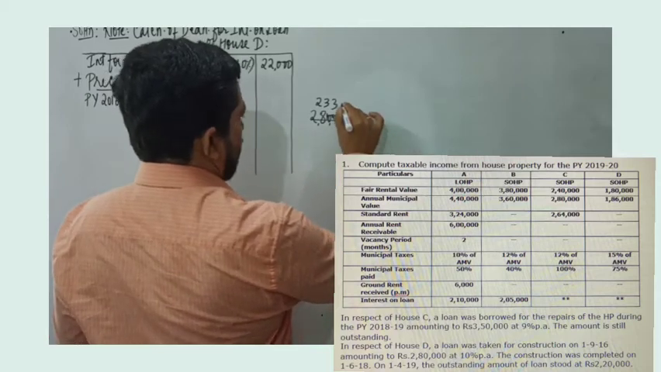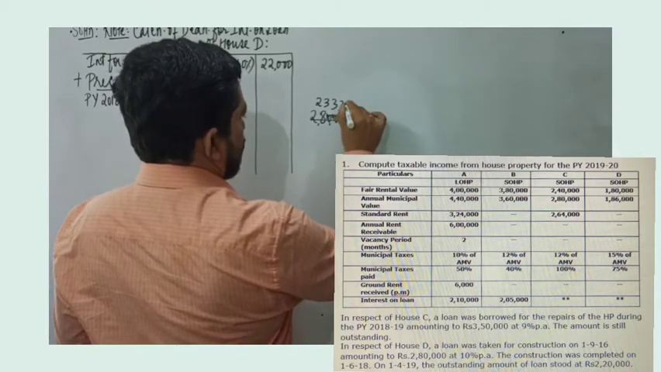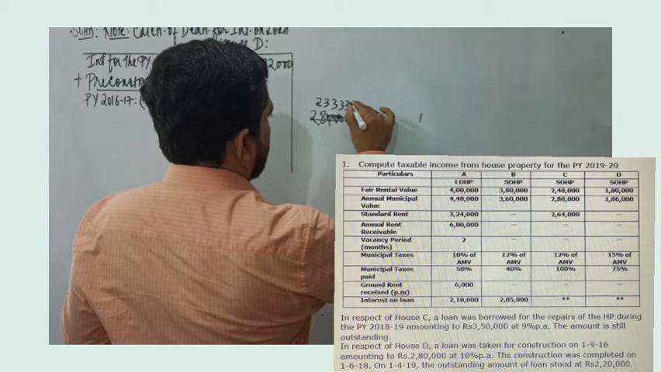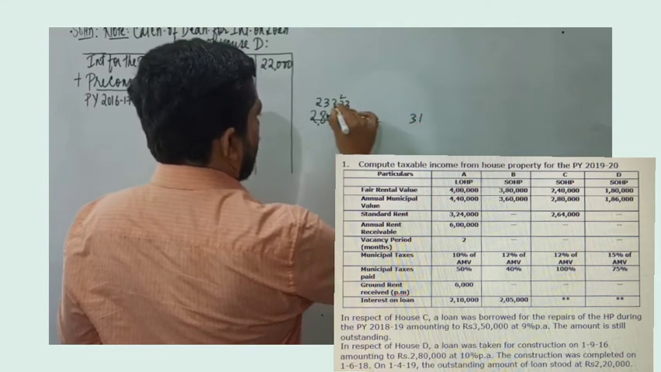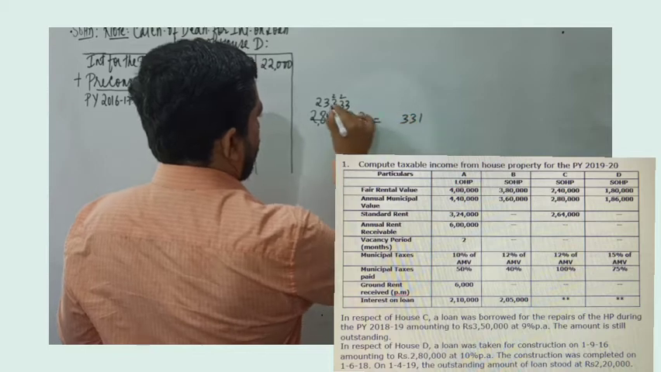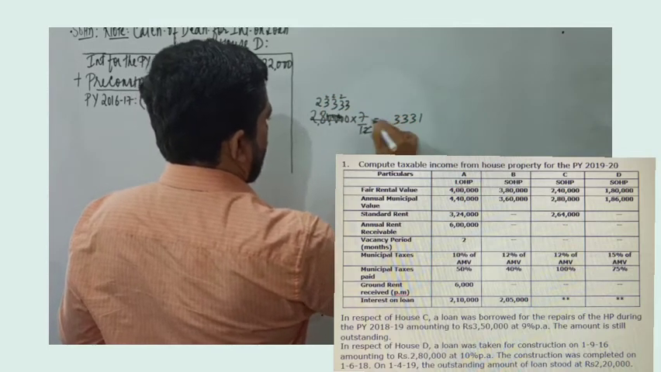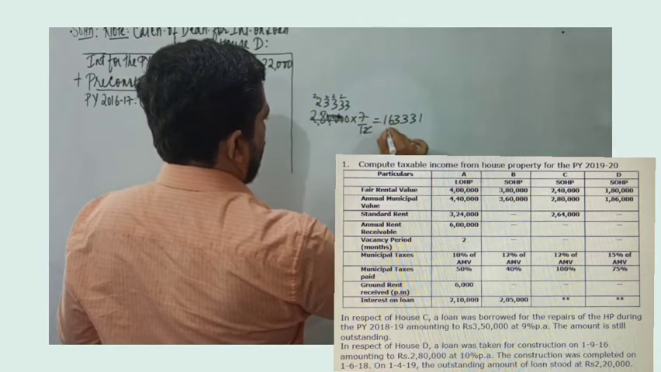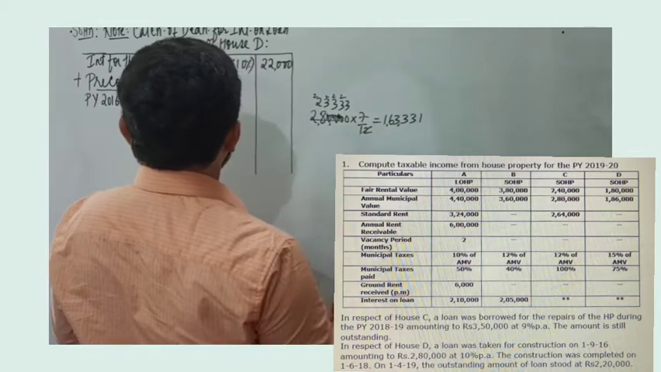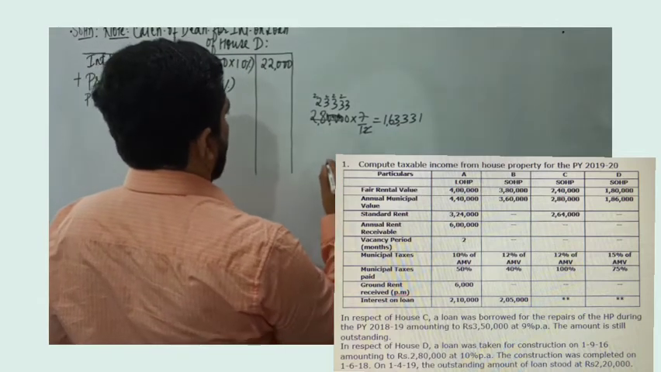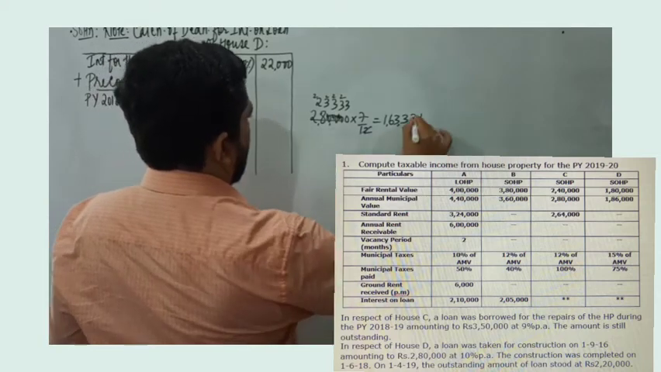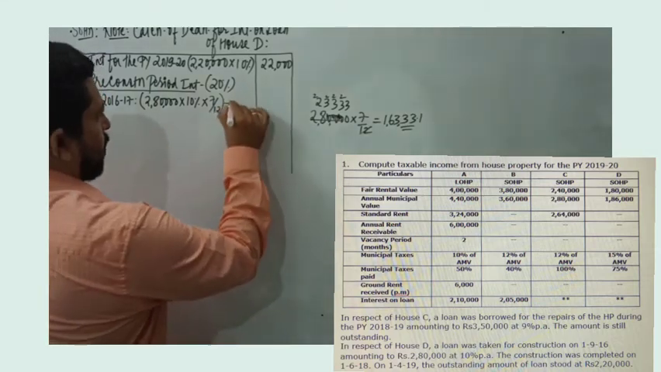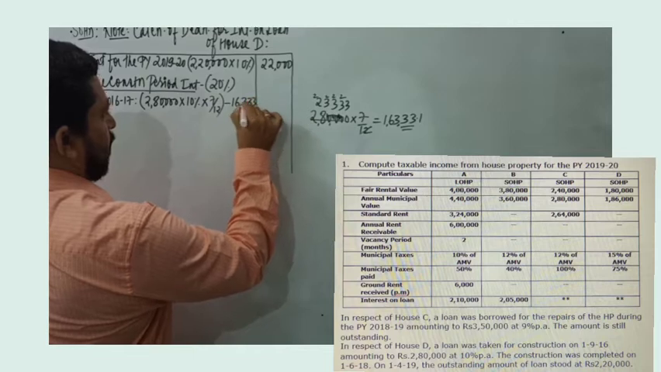12 3 is a 36 again. So 23,333 into 7. So it will be 1, 23, so it will be 16,333. 16,333 because